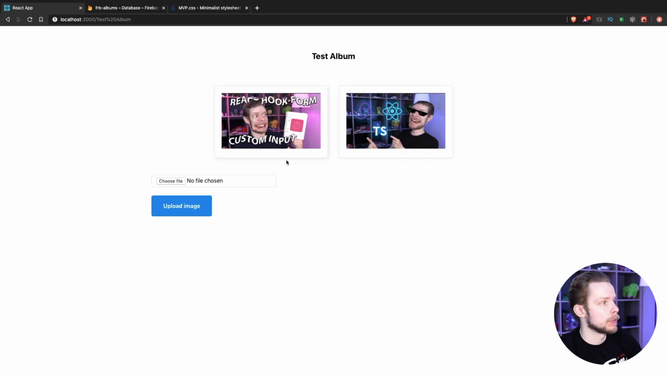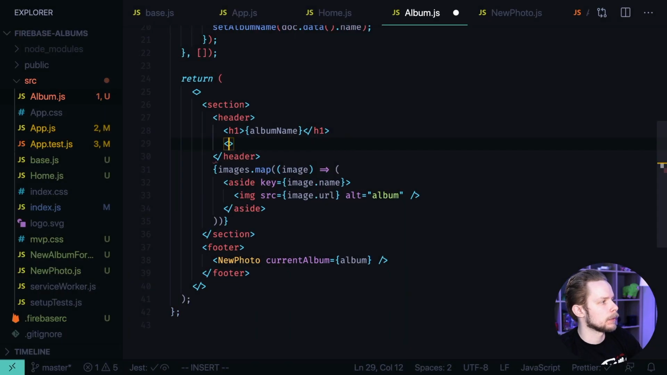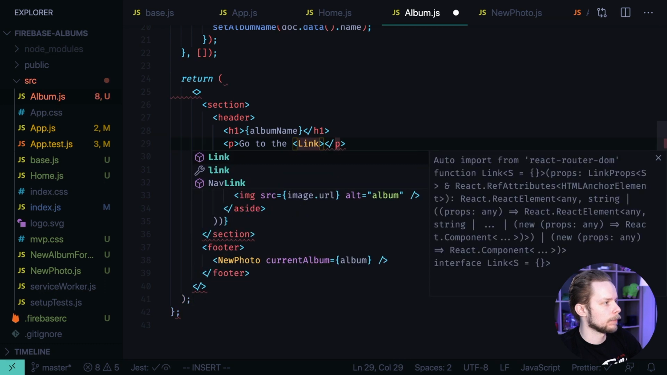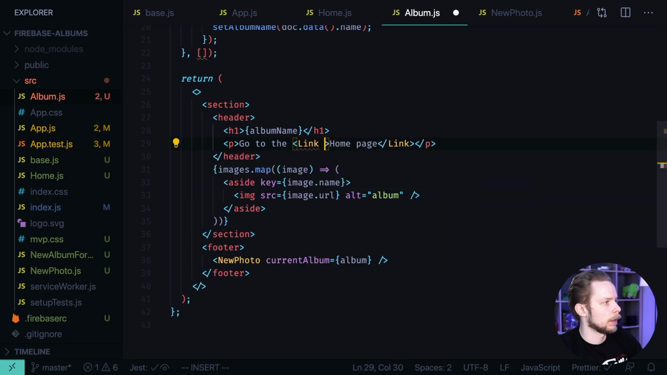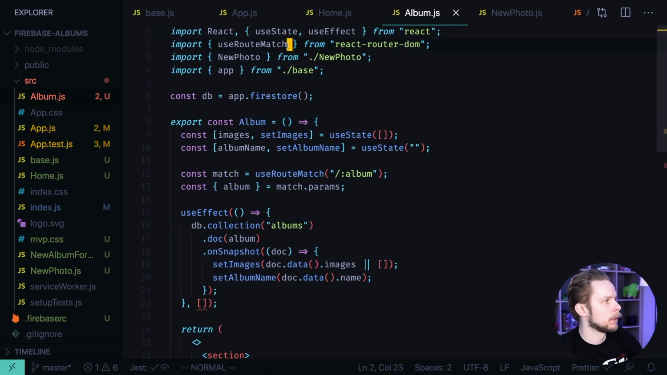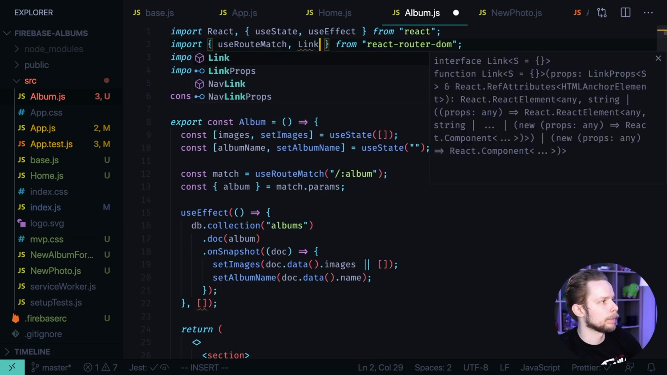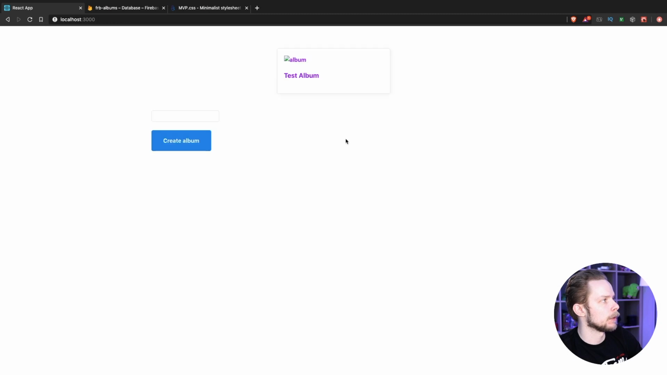Let's open the browser to see if it works. Now let's add the link to the home page. Let's add a paragraph with text go to the link home page, and link to equals root. Import link from the React Router DOM. Let's see how it works. Click the home page. We have the test album, and now we want to render the first image of the album